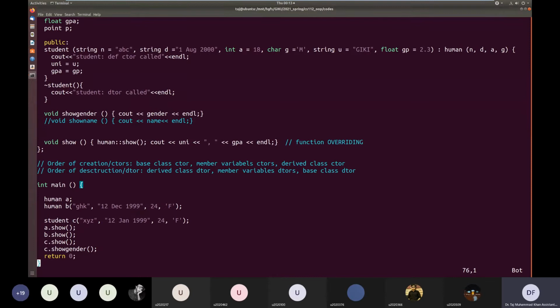For example, here we have a single level hierarchy, class student inheriting from class human. Okay? And I just gave an example of a two-level hierarchy in which we have a class dean, which is inherited from class teacher, and the teacher class itself is inherited from class human. Okay? So it's a two-level hierarchy. You can have as many levels in the hierarchy of inheritance as you feel necessary.